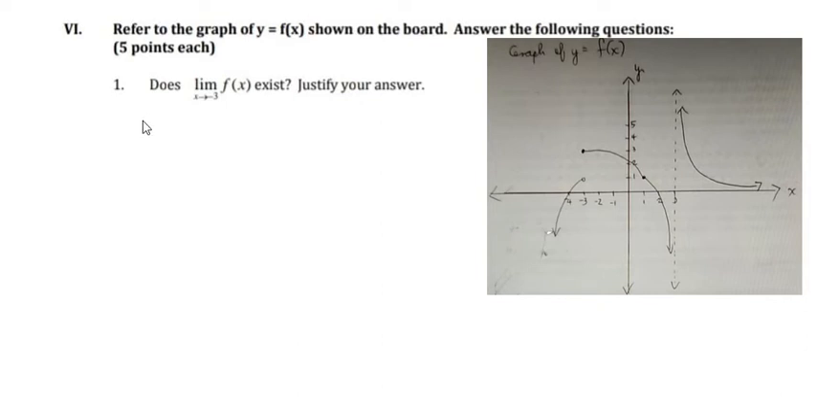Question number 1. Does the limit as x approaches minus 3 of f(x) exist? Just justify your answer. Based on the graph, you can see that the limit on the left is about number 1, the limit on the right is about number 3. It means that